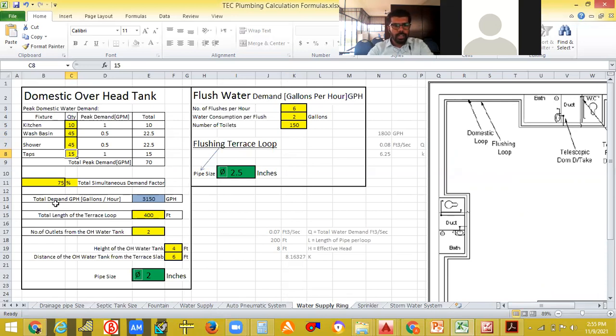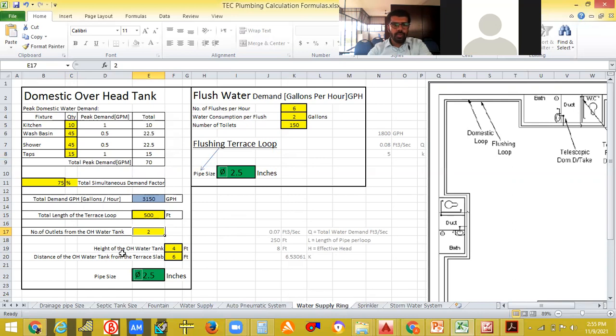Then you will automatically get the total demand, and next you can give the total length of the terrace loop. I think you remember how we give the total length, correct? So the total length of the terrace loop is 400 feet or whatever you want. I am giving 500 feet. You can give the number of outlets from the overhead water tank, 2 or 1, depending upon the design that you are making.